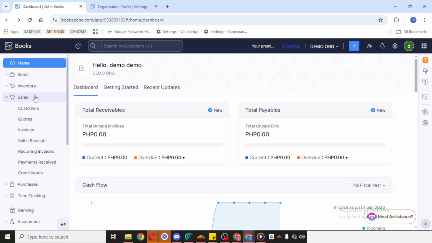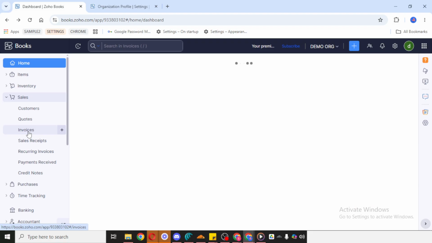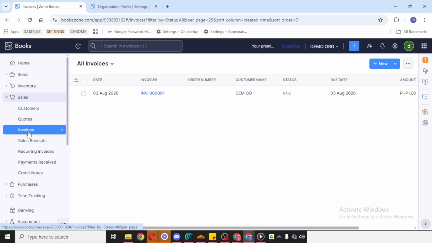This will take you to the full list of invoices available in your account. Here you can review your invoice records before exporting them. Depending on how many invoices you have, you may want to quickly check that you're in the correct view or date range, so the export includes the information you actually need. This can save time and help avoid exporting extra data.